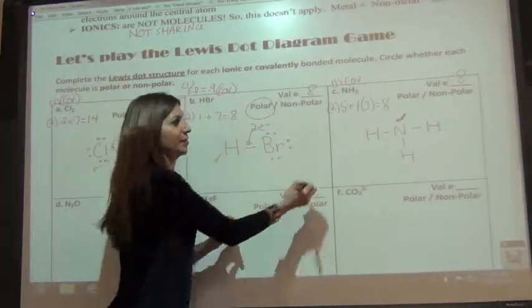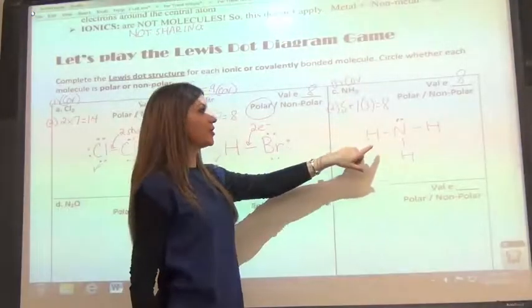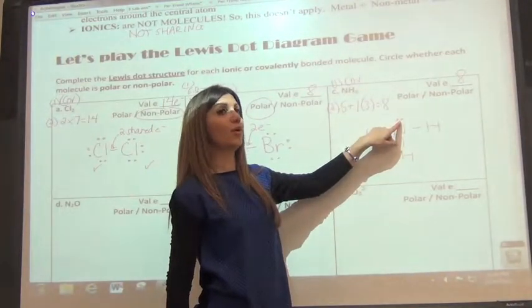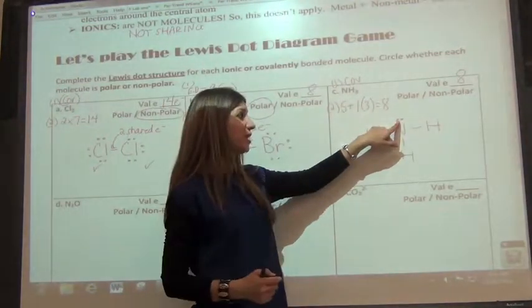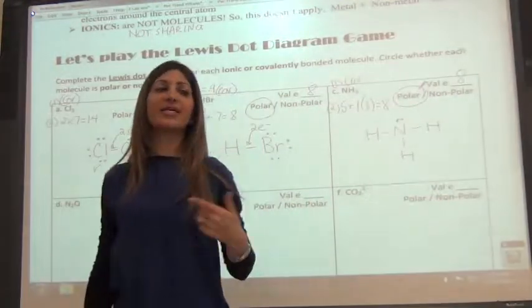Awesome. Okay. Now, to figure out what type of molecule this is, if there are dots on the central atom, it automatically makes it unequal. So that was one of the things from the first page. So we're actually going to call this polar. Okay? And then we're going to do a continuation of this after. We'll talk about double bonds, we'll talk about triple bonds, but this is a good intro to